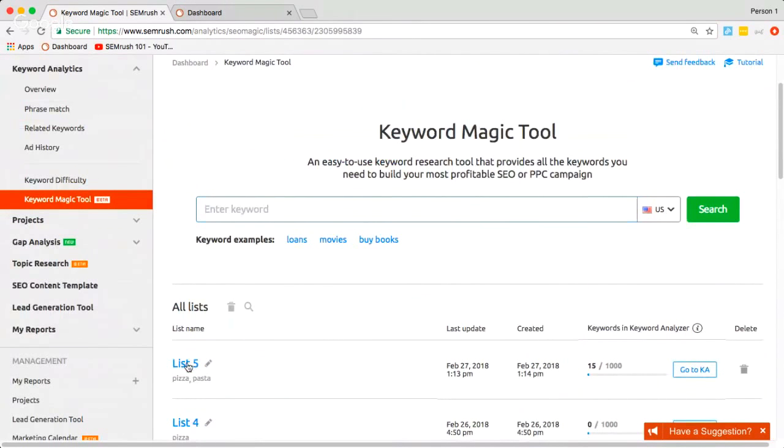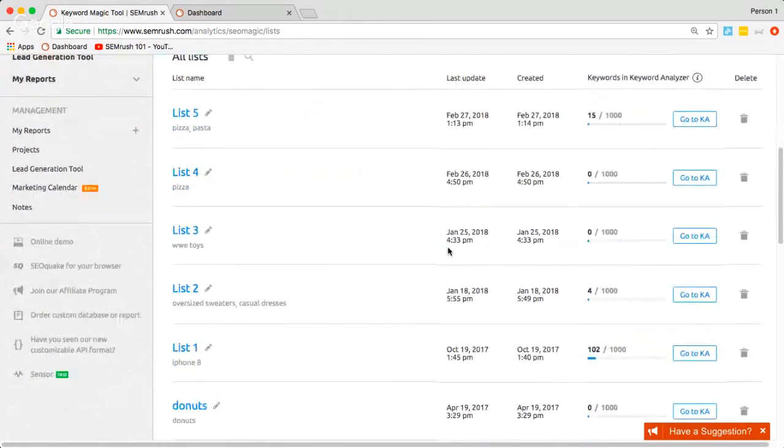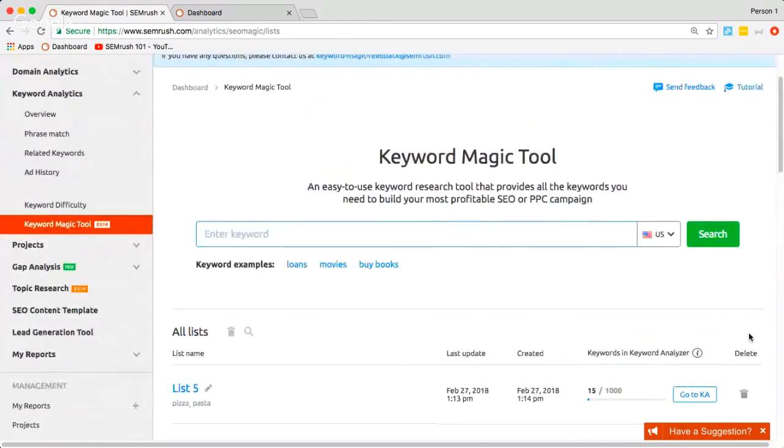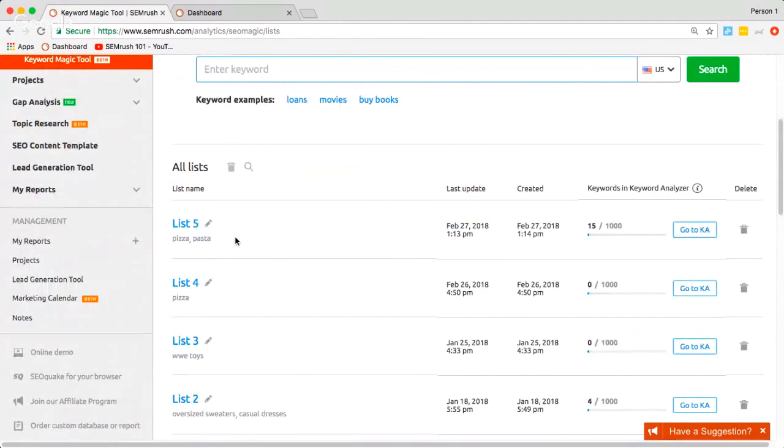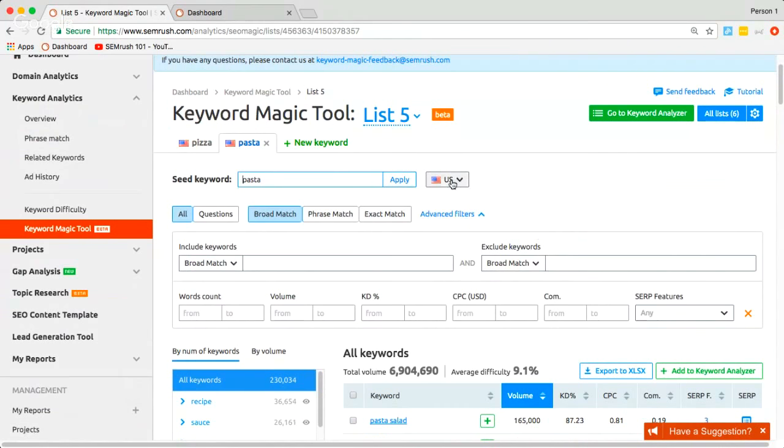So going back in, also the lists automatically save. Whenever you're in the Keyword Magic tool, it saves any prior search you had. So if you want to delete them, don't worry, that's always an option right here. But I always like to let our users know, because they get afraid it's going to delete, but it's always there. And you can name them even if you want, which is pretty awesome. Especially if you're in a marketing team, it gets hard to remember with those in-house teams, even if it's just you, hey, everyone's forgetful. So going back in, when I'm looking at this, I can always branch out and even